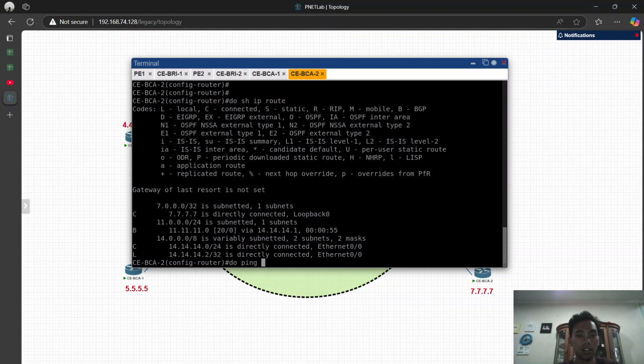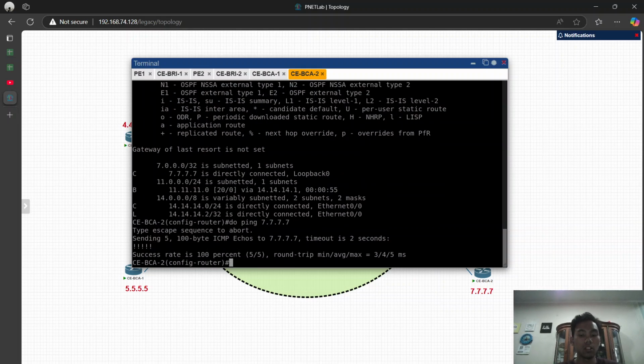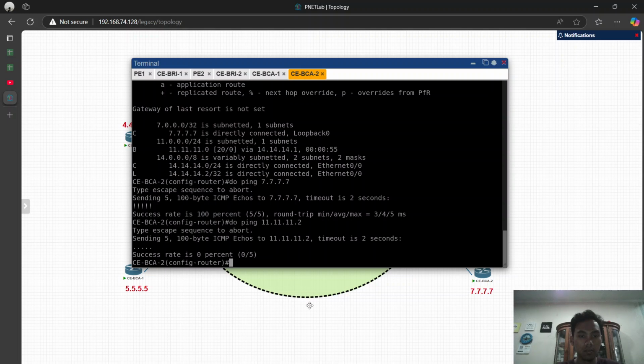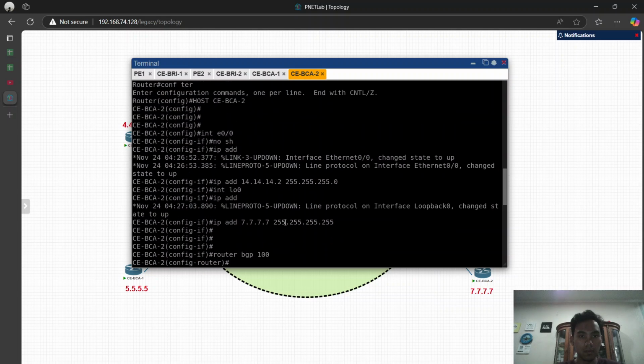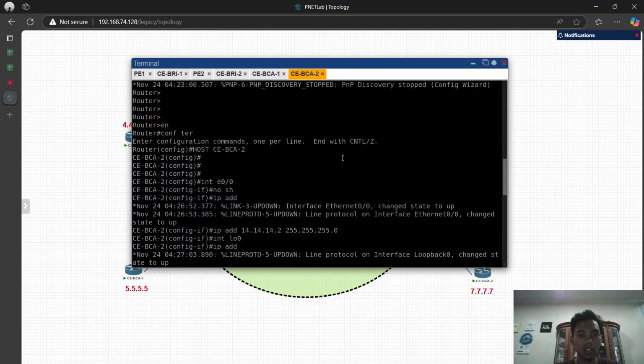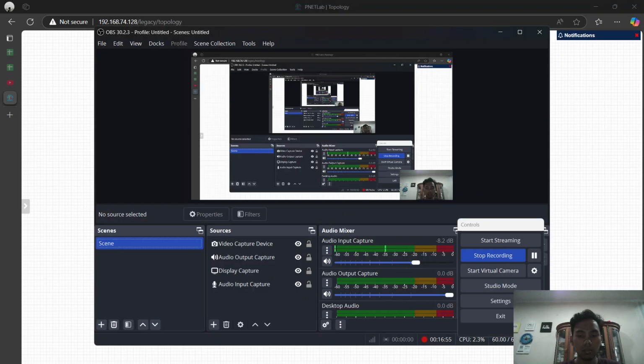So we can ping to the IP loopback, and also we can ping to the IP address 11.11.11.2. Okay, there is something wrong.